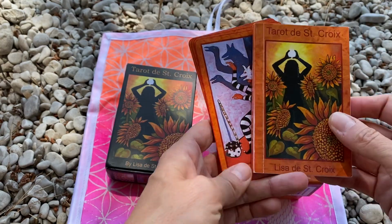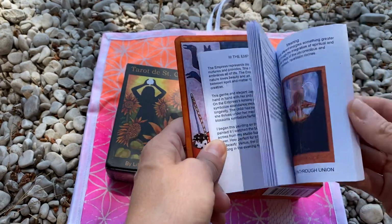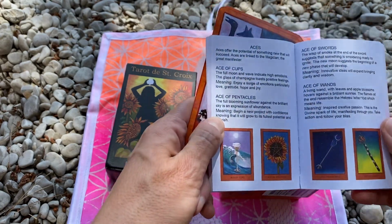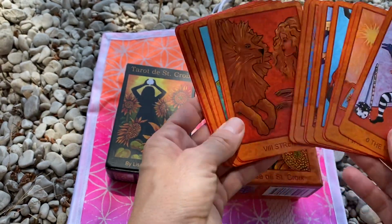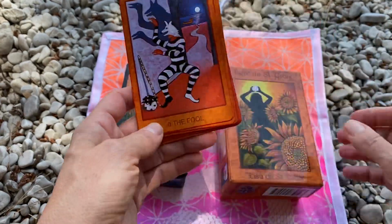I use this deck a lot. The book is really cool. I love how Lisa also speaks about the minors when she describes all aces, all twos, and so on. It's nice to compare. And I prepared here the majors from this deck, and I'm going to show you the new version that's just